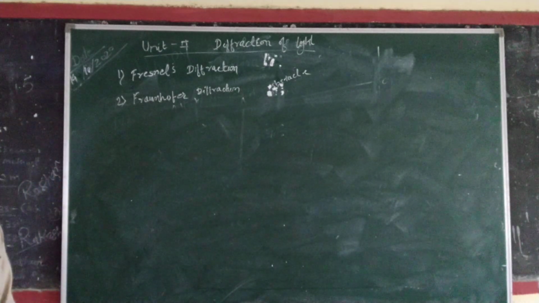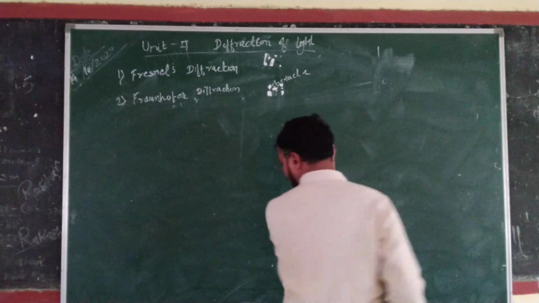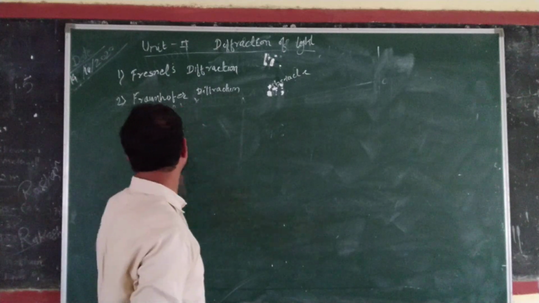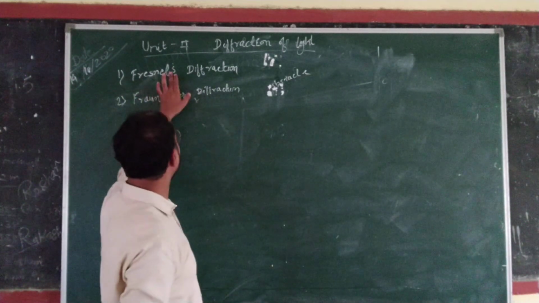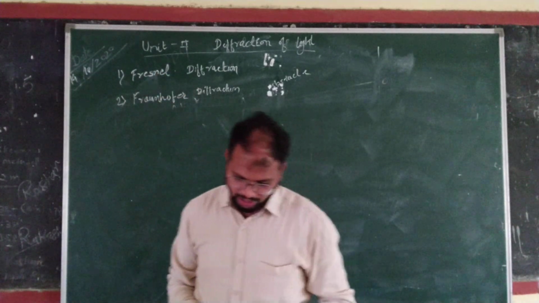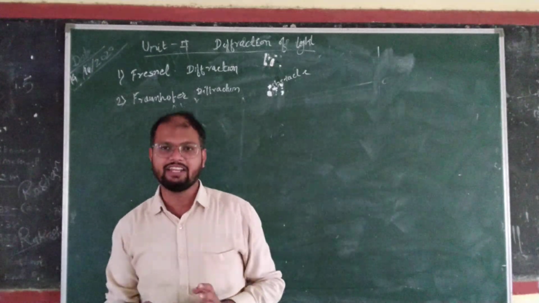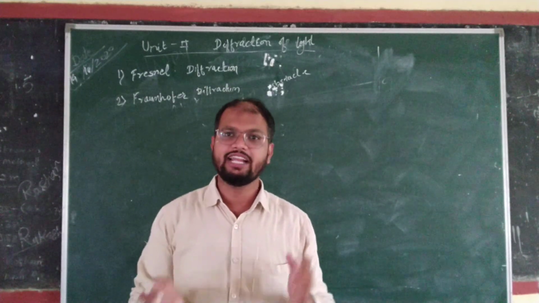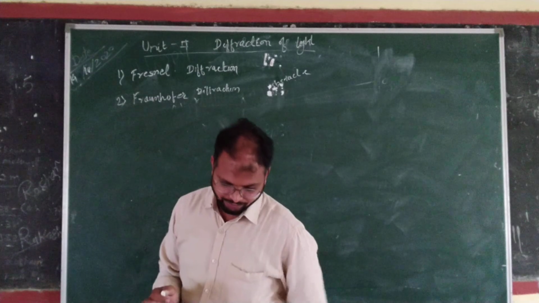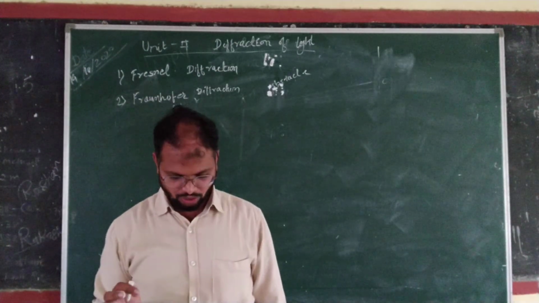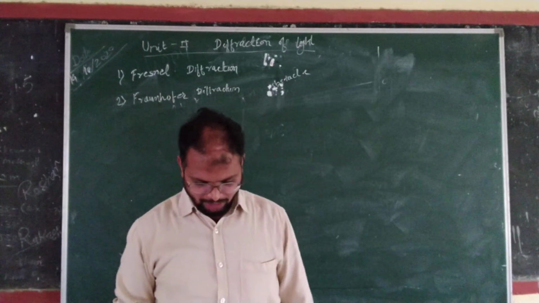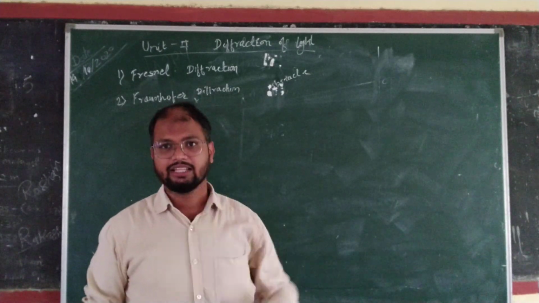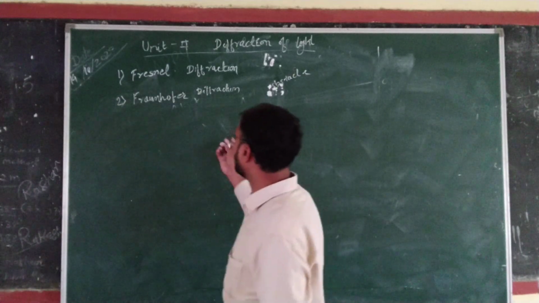In Fresnel diffraction, either the source of light or the screen, or both, that is screen and source, are at finite distance from the diffracting obstacle or the aperture, then this type of diffraction is called